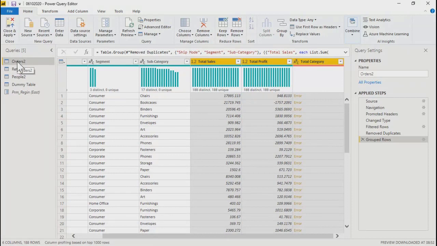What is the difference between adding a column and this one, then grouping by? Adding a column, you can add a column on any business logic basis, right? You can split one column. See, right now, everything is within the same data. We are trying to transform it, give a different look. Adding a column, you can add a column on the basis of some other logic also, maybe some condition. That we are not doing right now.